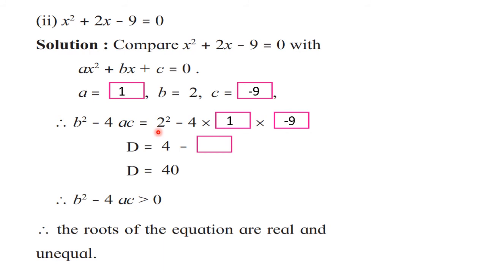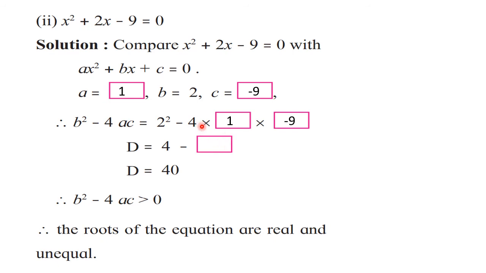Now next step, 2 square is 4. See, as I have said, capital D is used for delta, the b square minus 4ac discriminant. So this D is the initial of delta. So D also you can use, or you can use the triangular shape, that is called delta. So 2 square is 4 and here the minus sign is given as it is. So you need to observe this sign and then accordingly write down the answer inside.